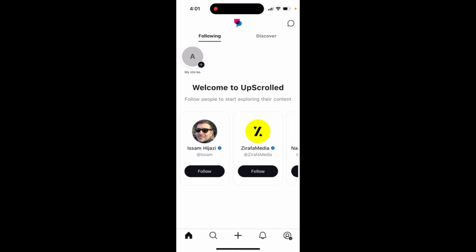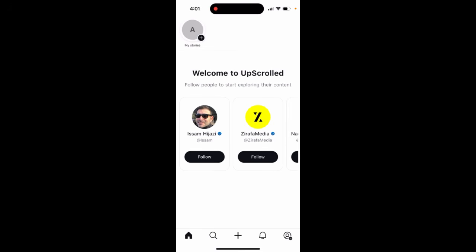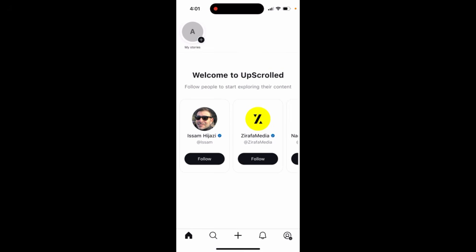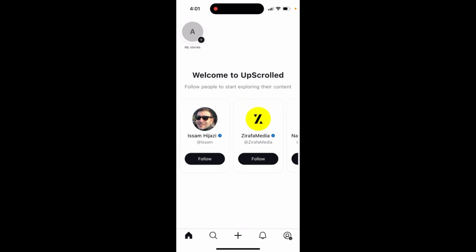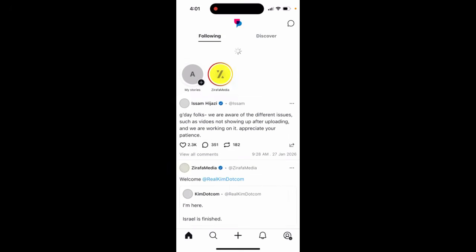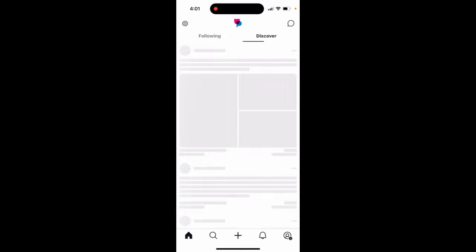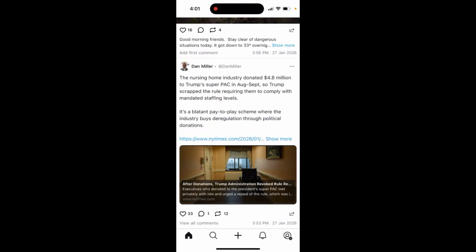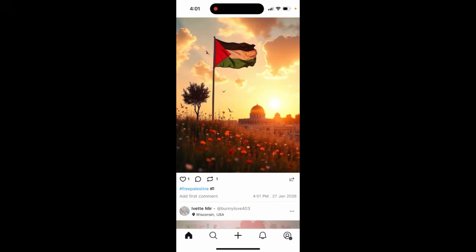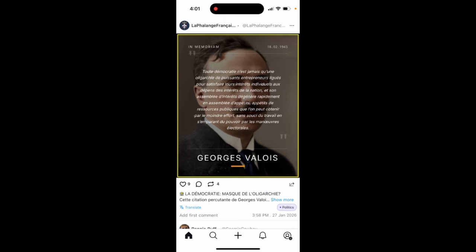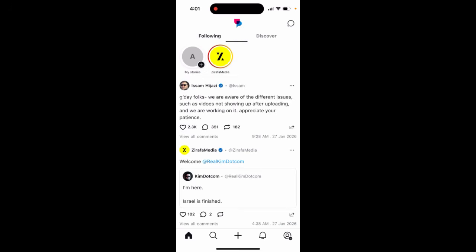So now I signed up to the app. You need to enter an email and receive a verification code, and that's it. There is no need for an invite code or referral code. Then you can just see all kinds of content in here. I don't know whether this is like a